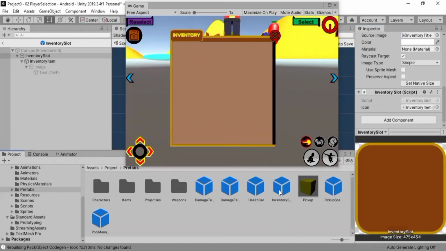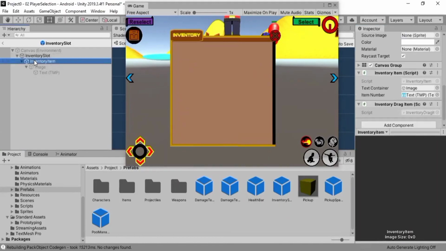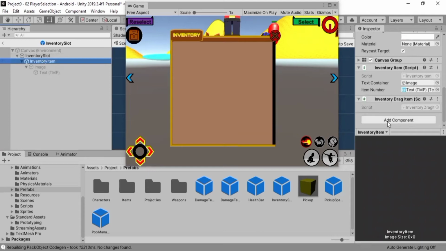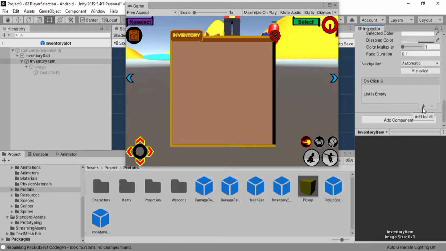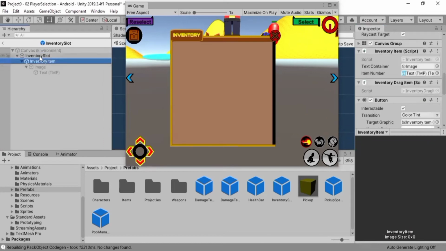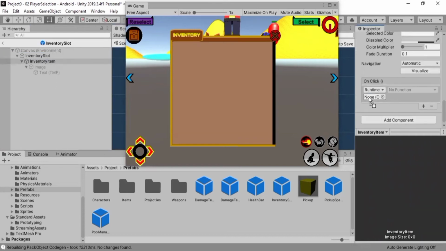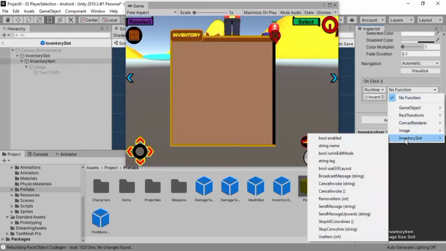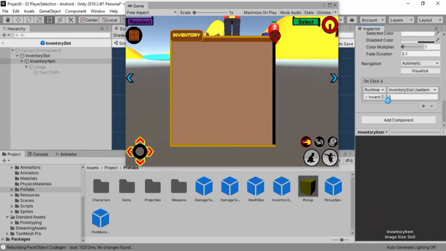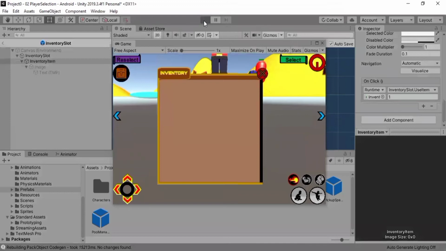Now in the inventory slot prefab, the inventory item child, I'm gonna add a button, and let's add an on-click event. Now let's drag this inventory slot and drop it in here. Let's add a function, inventory slot use item, and let's set the number that we are gonna give for removing the item as 1. Now let's hit play and try to pick one of the items up,